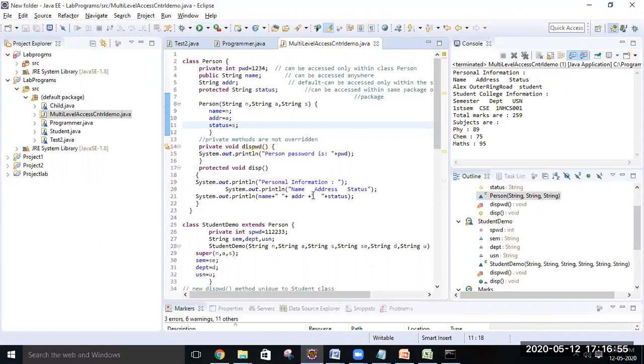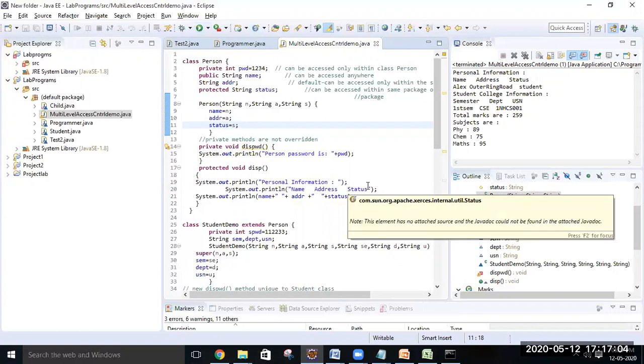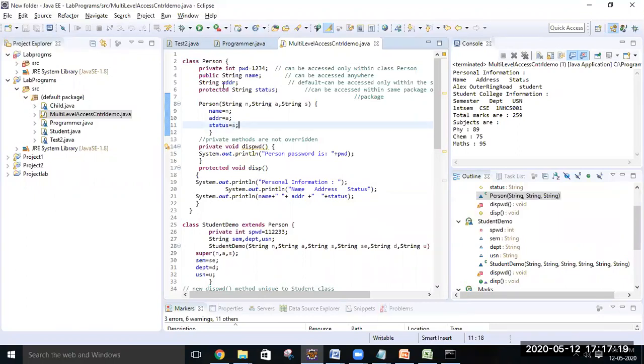So this program was dealing with access modifiers and multi-level inheritance. Related to access modifiers, the point is that we can increase the access modifiers when we are moving from the parent class to the child class, but we cannot reduce it. And multi-level inheritance is dealing with the reusability of the